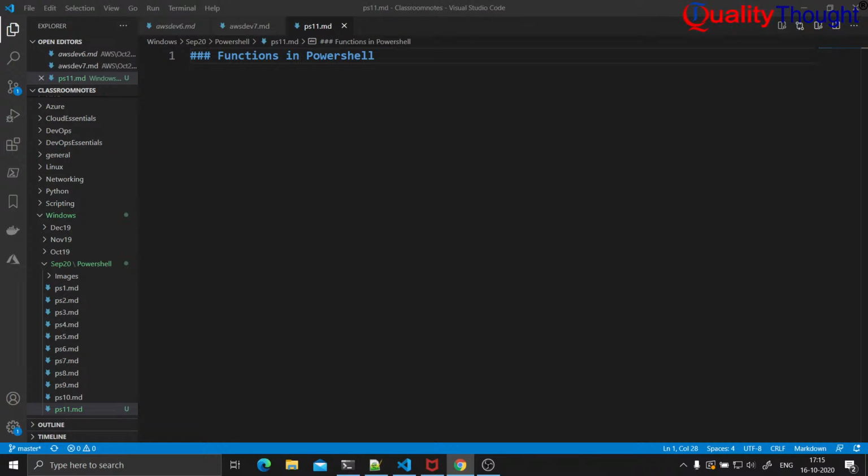For example, there are many functions which we have used in various different languages, which help us increase the reusability of whatever we do, right? So functions in PowerShell, they help in increasing reusability,